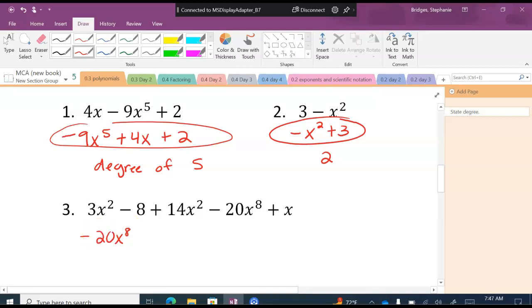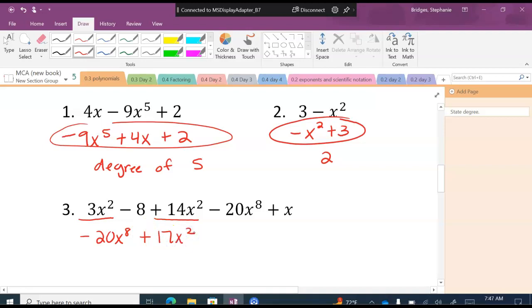All right. I don't have an x to the 7th or a 6th or a 5th or a 4th or a 3rd, but I do have an x squared. And how many of those do I have? 2. So I'm going to go ahead and combine those as I write. I have a positive 3x squared and a positive 14x squared, which is going to give me a positive 17x